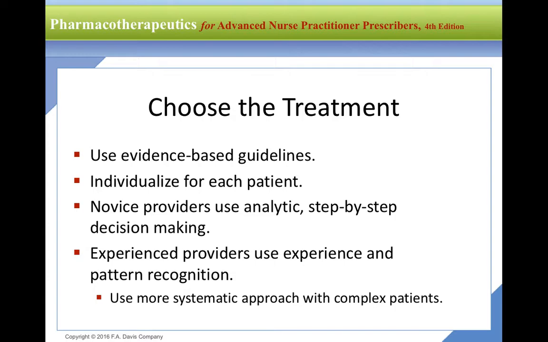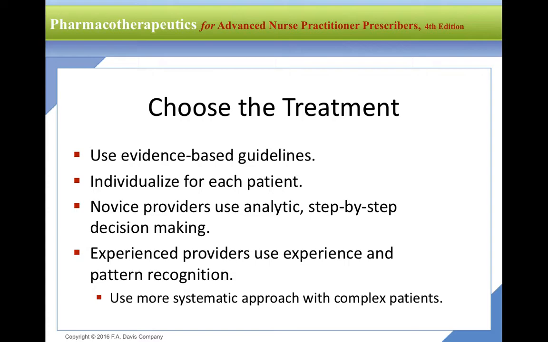So in choosing the treatment, that first bullet on the slide is very important: using evidence-based guidelines. They change fairly often, every 2 to 3 years on average. Hypertension and dyslipidemia have changed, it seems like, every 6 months, depending on what organization you're using. They may not always be the same with hypertension, if you're using the American Heart Association or the American Society of Hypertension, but they're in general going to be similar, and you want to use something that has some evidence base, because most of those are based on trials